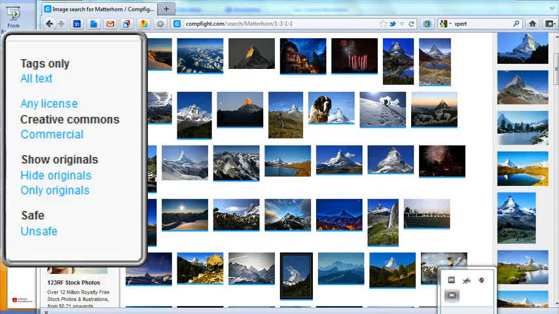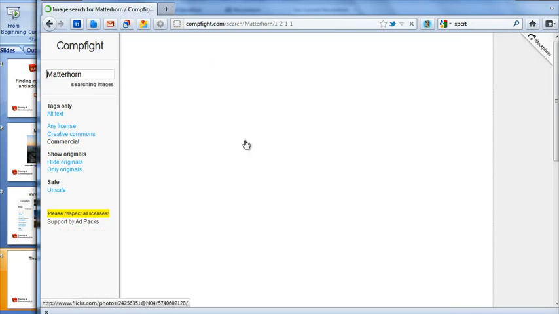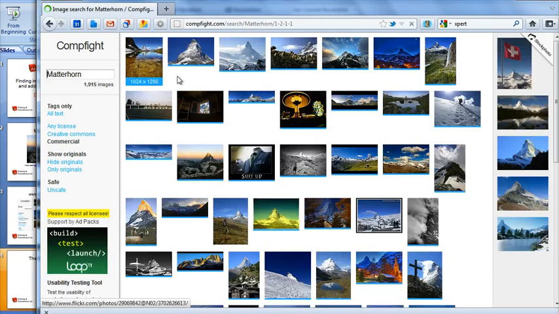Now we don't want any license, we want Creative Commons, which means that we can use it without having to ask for permission explicitly. If we were going to find images that we were then going to sell on, I'd actually choose the commercial setting. So I'm actually going to click on commercial for now on the left hand side. It will change the images, it will reduce the number that are visible, and then there are all these images here. So let's say I want to use this image here of the Matterhorn. I then click on it,